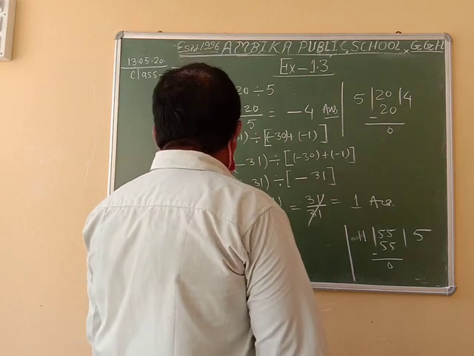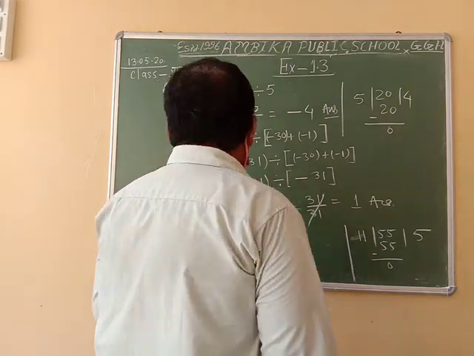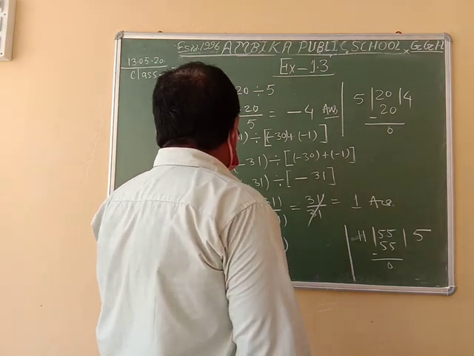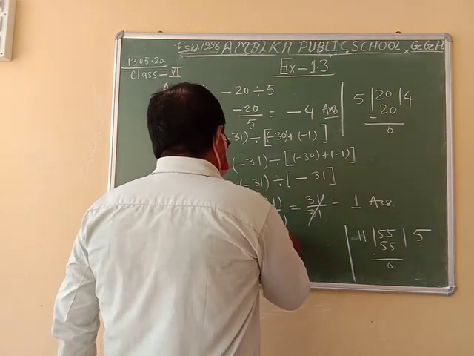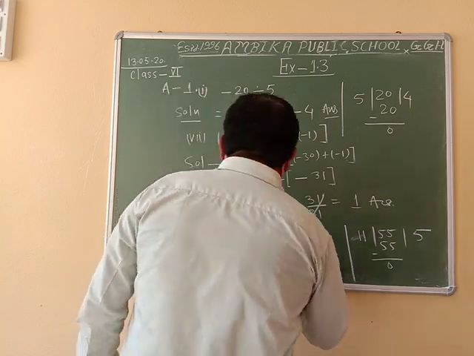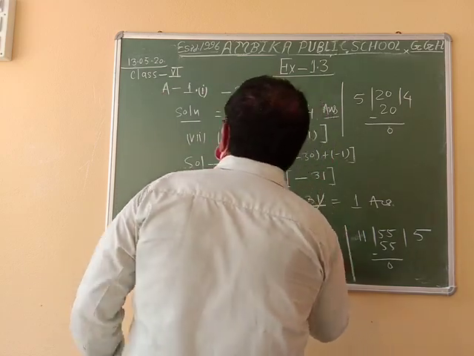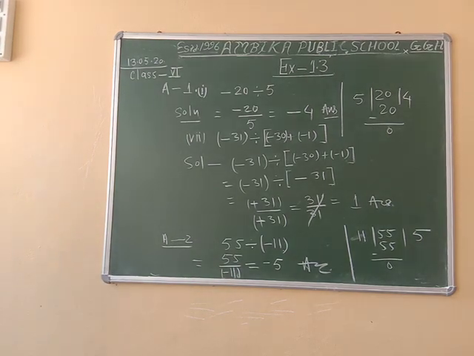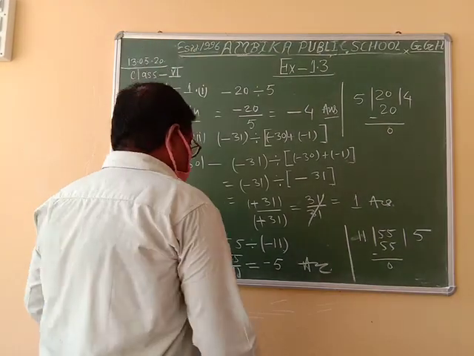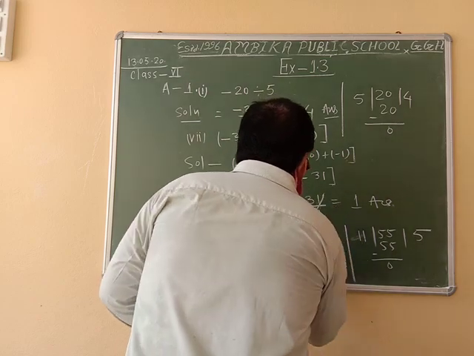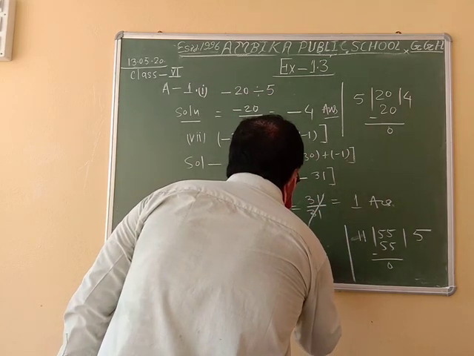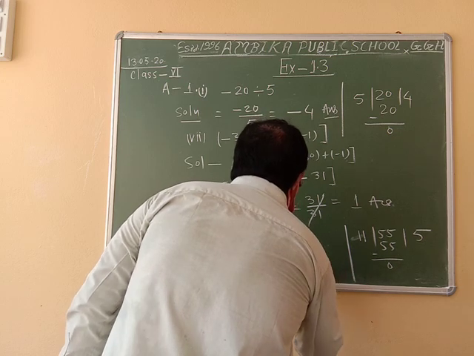So if we divide 55 by minus 11, we write minus 5. Answer. Quotient, we write, hence quotient is equal to